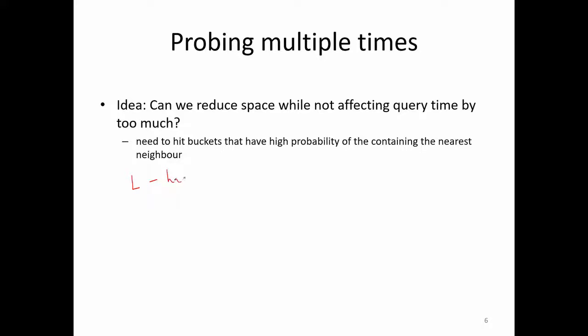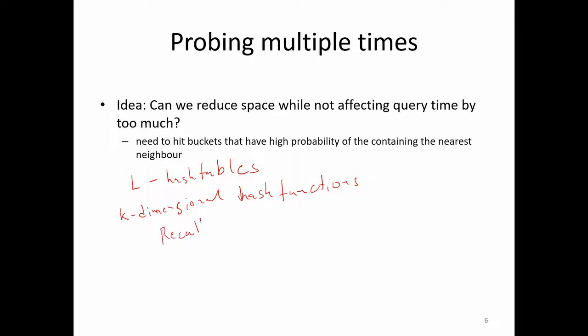Okay, L many hash tables. Why do you need L many hash tables? You see, the main idea here is that in each hash table you have k dimensional vectors, or k dimensional hash functions, let's say. So hash functions, hash buckets, whatever you want to say. Now we know that as k increases, your recall drops.